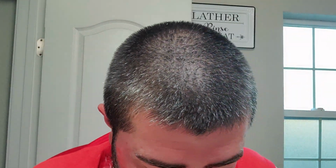So, definitely non-threatening. I would say this is not beginner blade feel, but definitely more on the moderate. So not quite medium or high blade feel, but I would say it's just moderate blade feel. A still very mild feeling razor, non-threatening. But let's see if I can feel how the shave turned out,